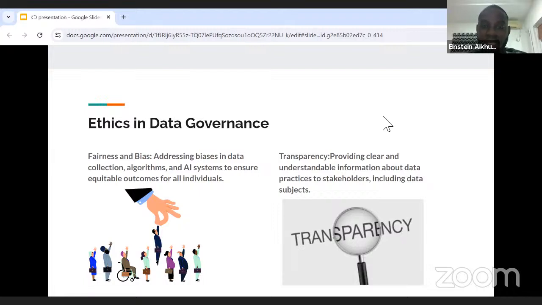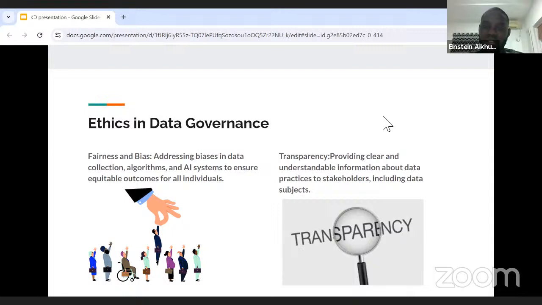We might laugh over it and say, okay, this thing didn't work for you, but it worked for me. That is bias. And that is just an example using Apple. Well, if it's the medical field and it's a life and death situation, it's very, very important to have fairness and no bias in ethics and in getting data in data governance.